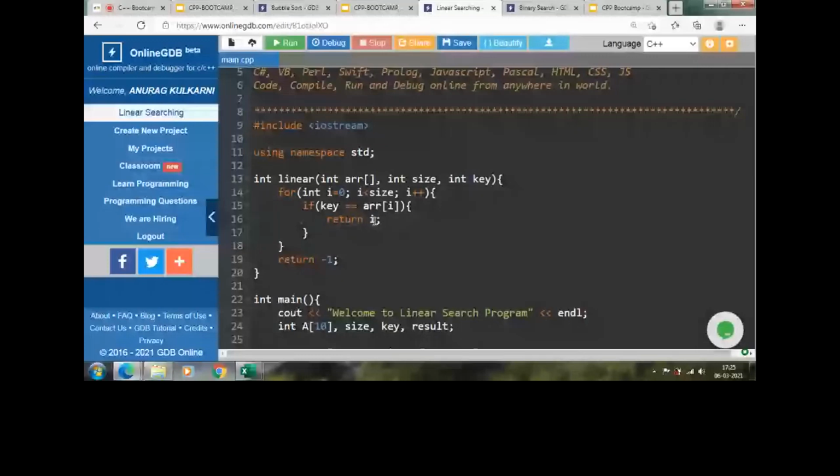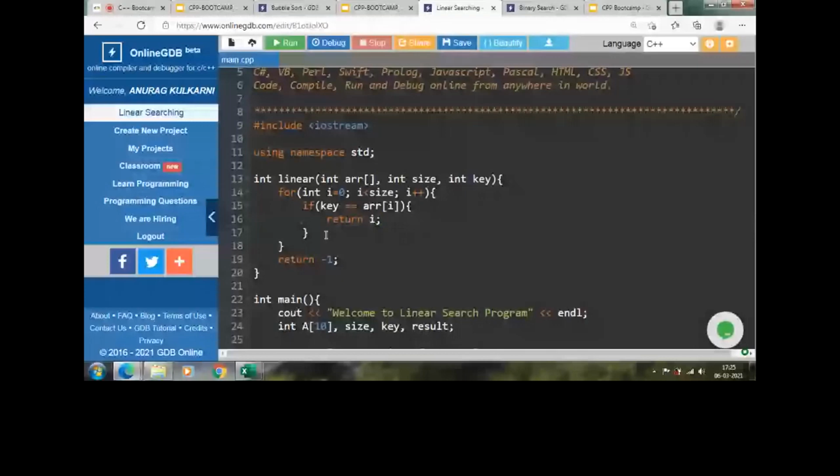If it is not found, the for loop will run again and the i value will become 1. Now we will search if the key is at array position 1. If it is, it will return 1. Otherwise, it will move to the next element. So this is the basic code for it.